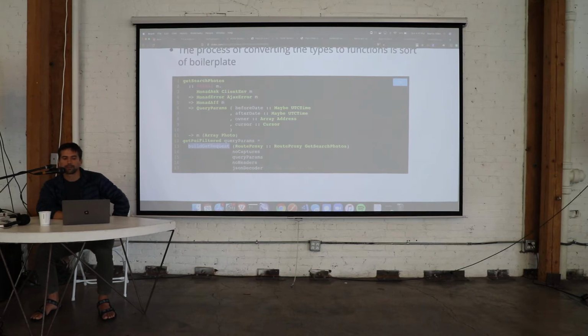and the way that you do this is by using this library primitive, which we have because we don't have a smarter way of doing it right now, which is build get request. Then you give it a route proxy, which is the proxy of the type that I just scrolled back to show you. And then it fills in all of the arguments, because I don't know a way to